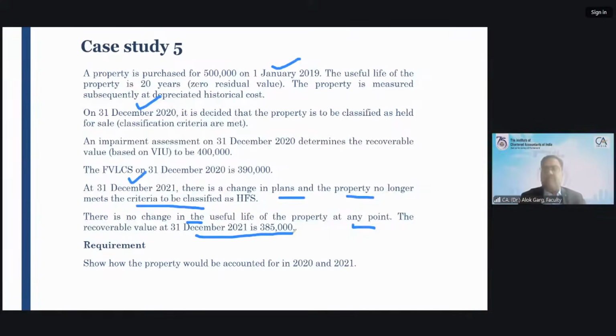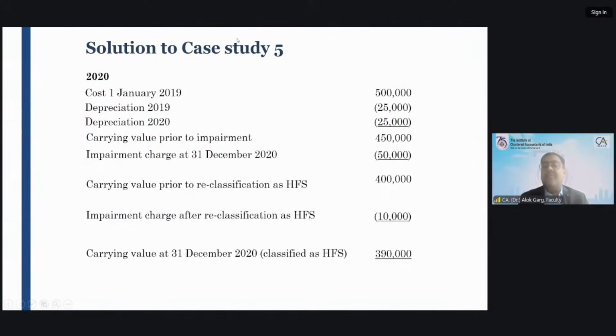From there, 18 years remaining. So 4 lakh divided by 18, then per year depreciation will come to 22,222. So from 4 lakhs, if you minus it, it is 3,77,777 or 8, we can keep it as. You are absolutely right. Yes. So where the student made a mistake, what they do is pick 5 lakh rupees and just charge depreciation of 25,000 rupees every year, and they compute 4 lakh 25,000 carrying value as per Ind AS 16 on 31st December 2021, which is absolutely wrong.